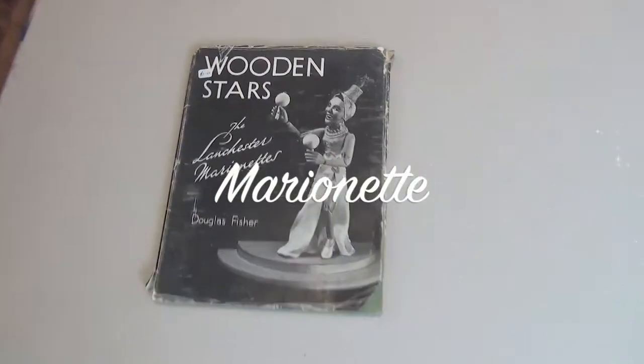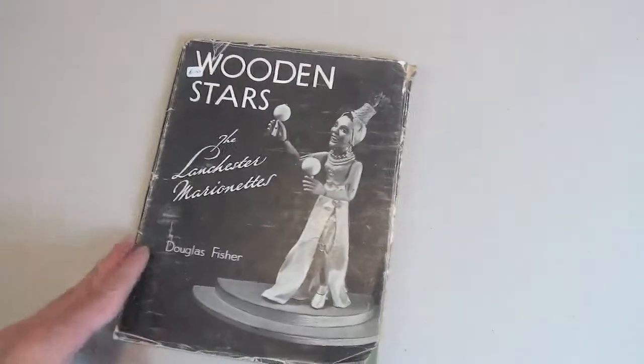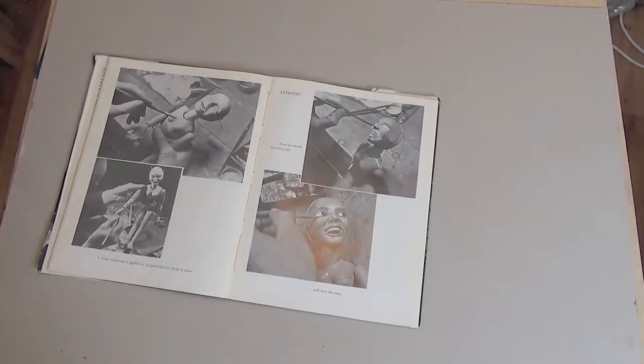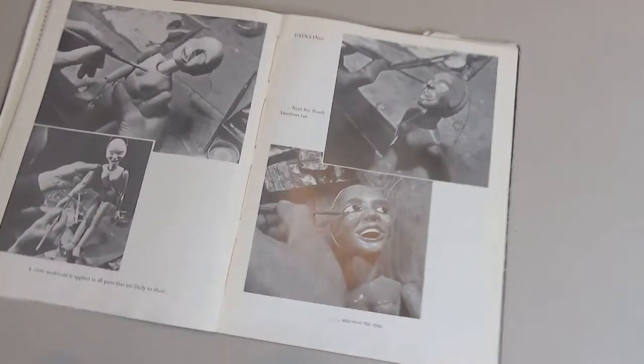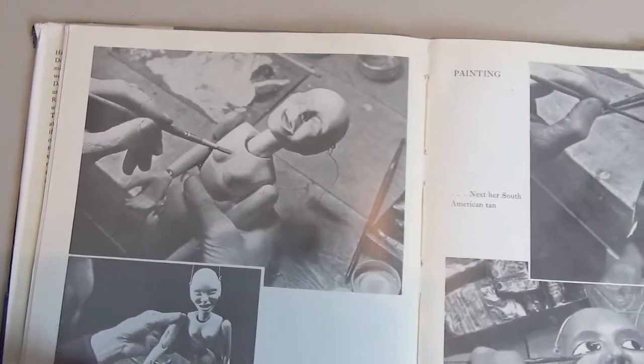I bought this book about 10, probably more like 15 years ago, locally. Wooden Stars, the Lanchester Marionettes. And there's a very interesting story behind these marionettes. But the key thing for the moment, we'll tell that story another time, is that I thought I would make a marionette and didn't